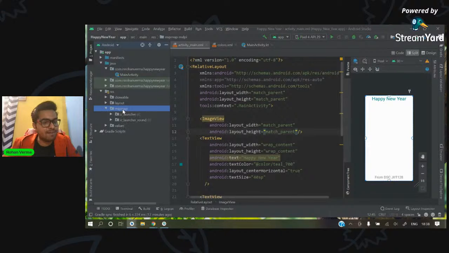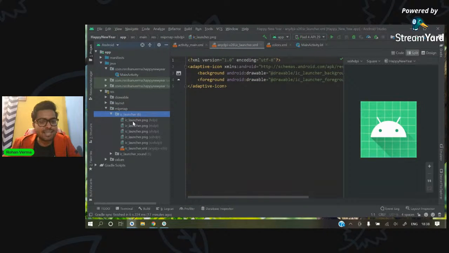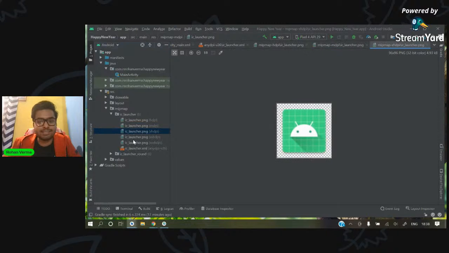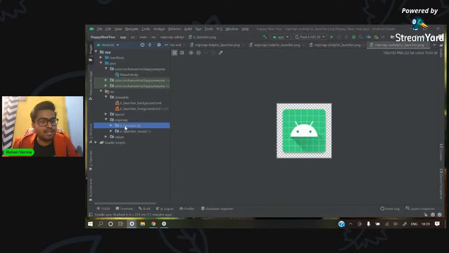Mipmap will have the icons, right? The icons with different sizes. Look, these are the different pixel qualities for different mobile phones. Now the drawable. This is for precise things like icons and all. But if we have one image only and we are going to add that to our app,